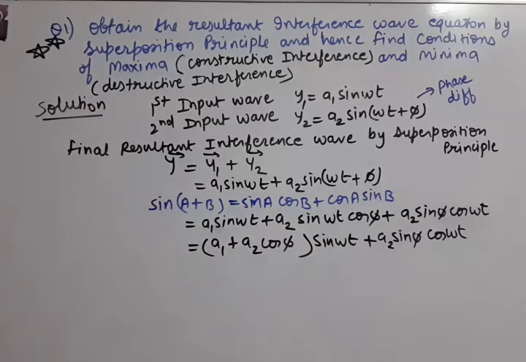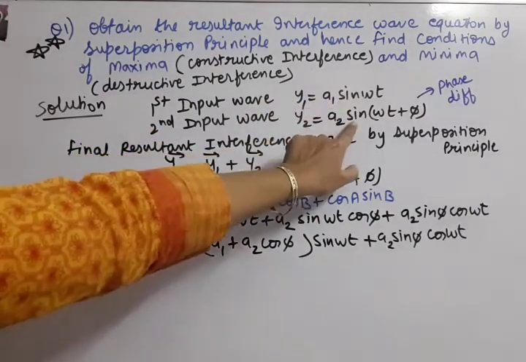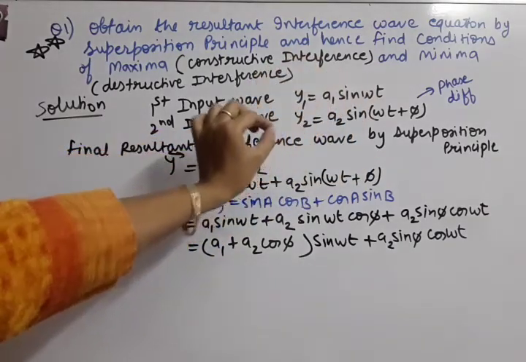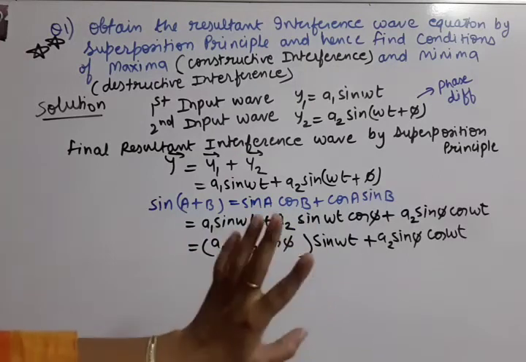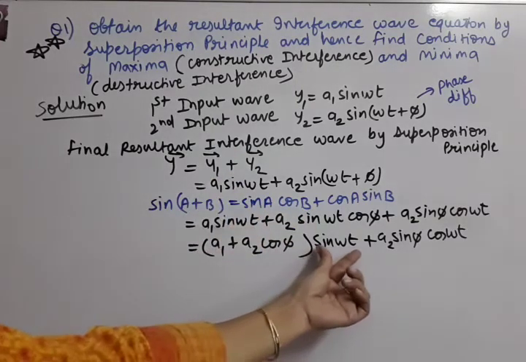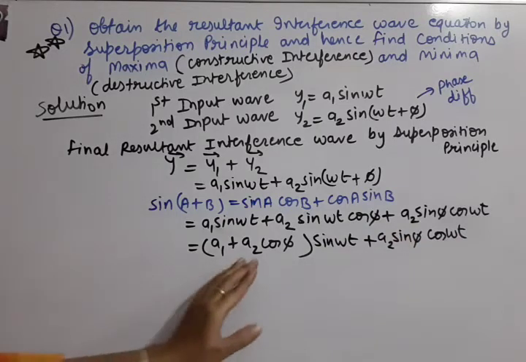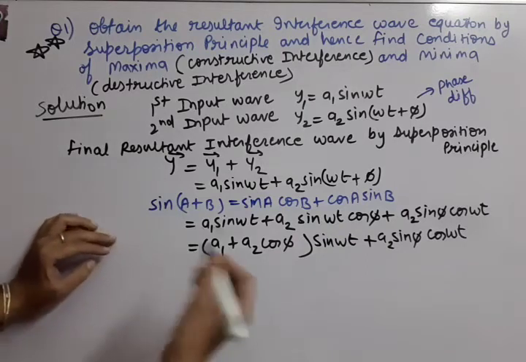Now the next step for the solution is that since our input equations are in the sine format, that means amplitude into sine, that's why our output equation should also be in single sine format. Here you can see sine and cos both are appearing. So what we have to do now, we have to make it in a single sine theta. So we need to assume.